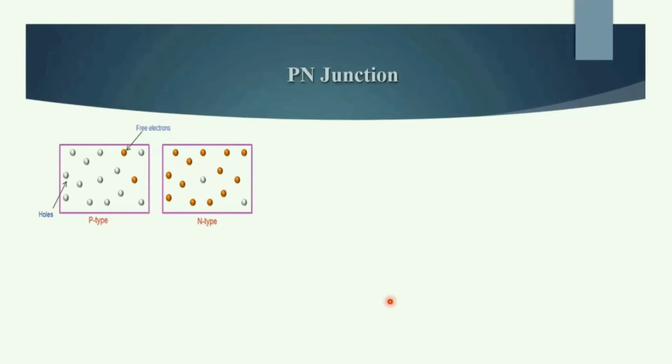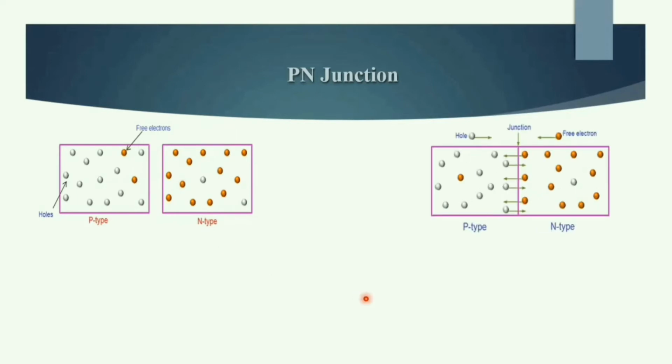As we have pointed out, P-type material is having more number of holes and N-type material is having more number of free electrons. Now let's talk about what will happen if we connect these two materials together. As you can see in this diagram, the electron will cross the junction and approach the hole because of attraction force. This atom losing the electron at N side will become positive ion, and the atom accepting that electron at P side will become a negative ion.